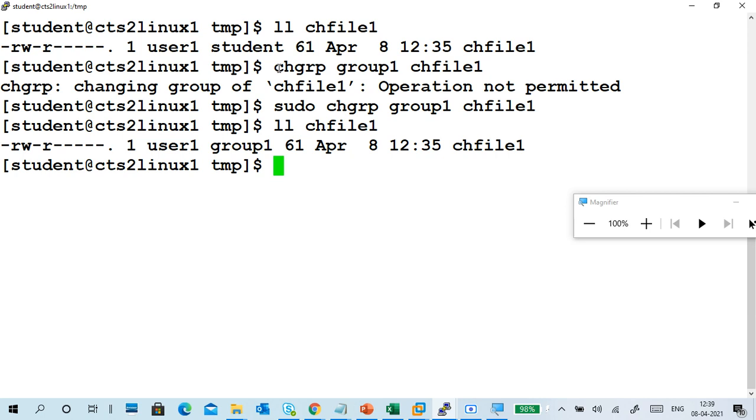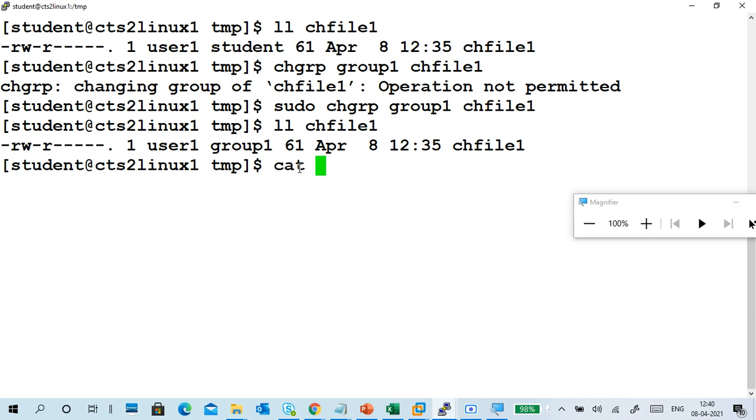Earlier it was student, now it is group1. I'm a student, so can I read this file? Now I become others. User is user1, group is group1, and student automatically becomes others. User1 gets read and write permission, group1 users get read permission, and others get no permission.